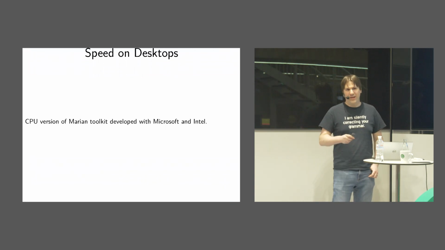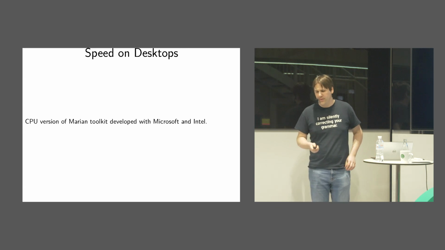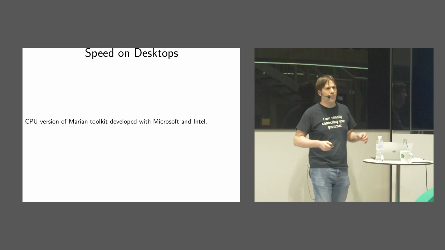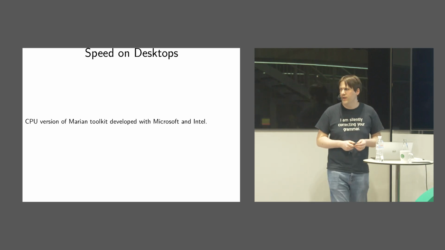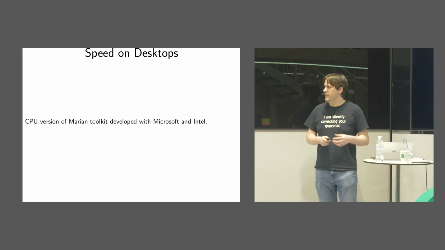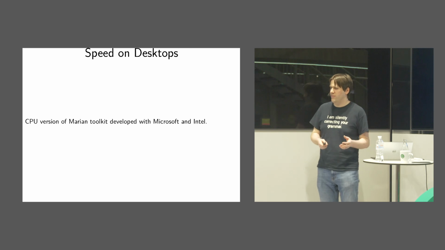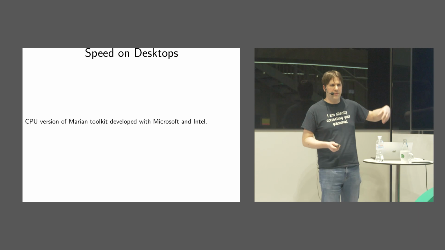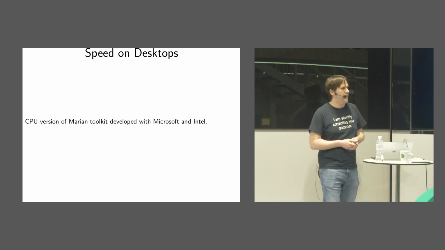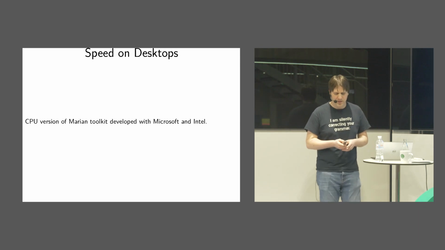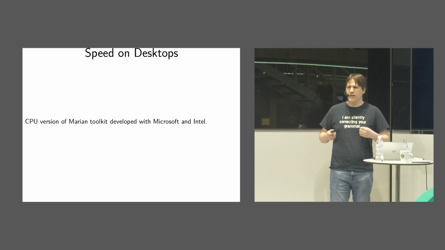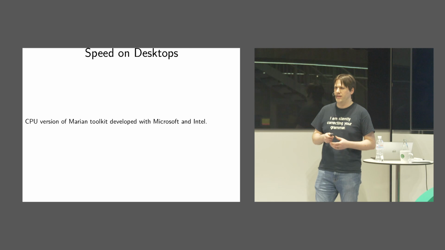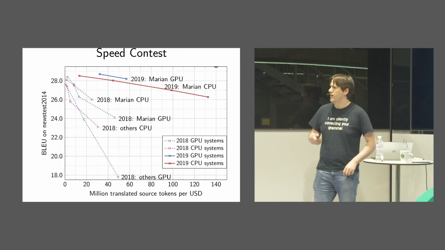And your desktop may or may not have a GPU. Well, it probably has something to show on a monitor, but maybe not a powerful GPU that could run translation well. And the CPU is the natural place to run this. So I've partnered actually with Microsoft, who hired the original developer of Marian, which is a toolkit we use, and partnered with Intel to make a faster translation that runs inference on a desktop CPU.